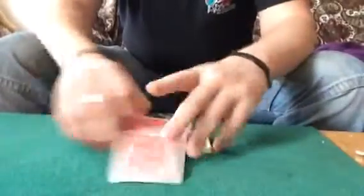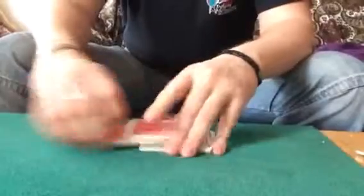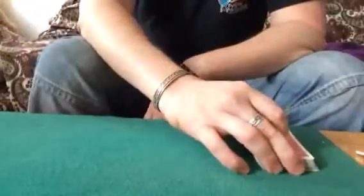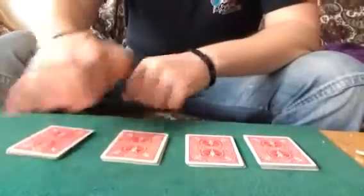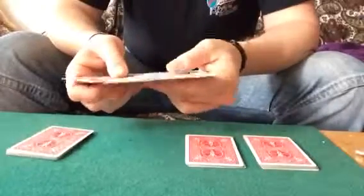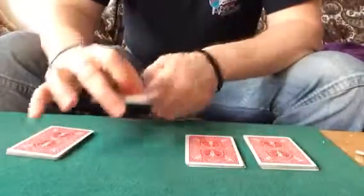by Bob Kohler. It was in Genie in 2000 or 2001 or 2002. I don't quite remember. You have a deck of cards, and you have somebody else shuffle the cards, and they make 4 piles, roughly the same size. You ask them to pick up any pile, look at those cards and think of one. Let's say they think of the 9 of diamonds, and then you pick up the piles, picking up their card as second from the top, and you do a false shuffle or a false cut, and then you cut about 20 cards. The reason why you cut about 20 cards is because you cut into their packet, if you will,